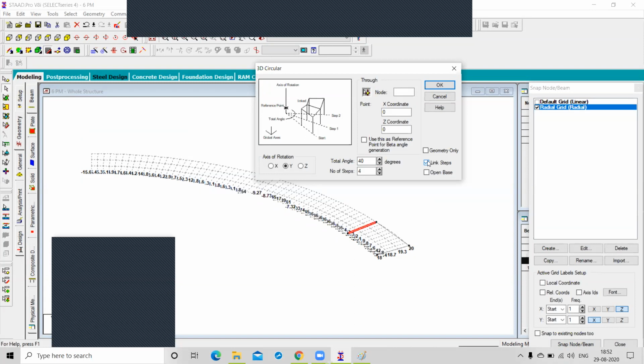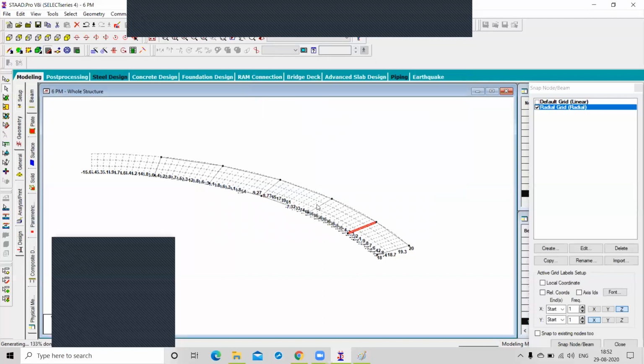So you can click on OK. Now see, this will copy in equal spacing on 10 degree 4 times. Yes or no? So now you know the difference between rotation and the circular repeat.